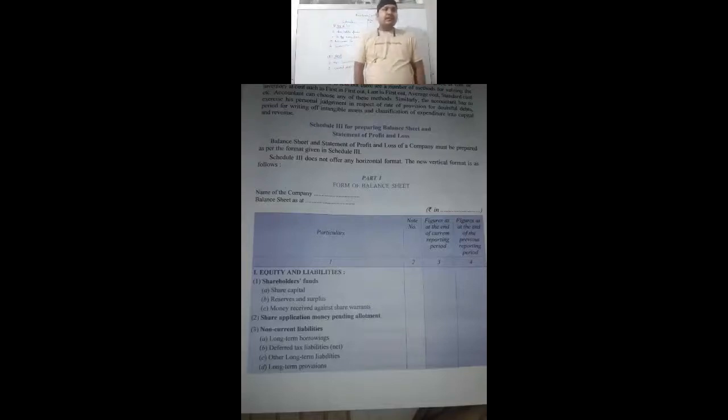So first of all, the company writes the name of the company and thereafter balance sheet as at a date. As at means on which date you are preparing the balance sheet. And you can see that there are basically four columns in every balance sheet. The first column relates to the particulars, the second column to the note number, the third column is the figure as at the end of the current reporting period, and the fourth column is the figure as at the end of